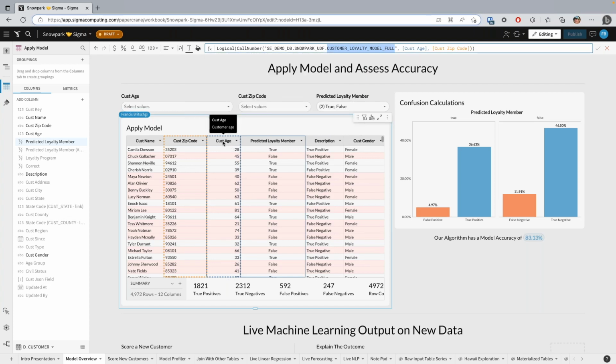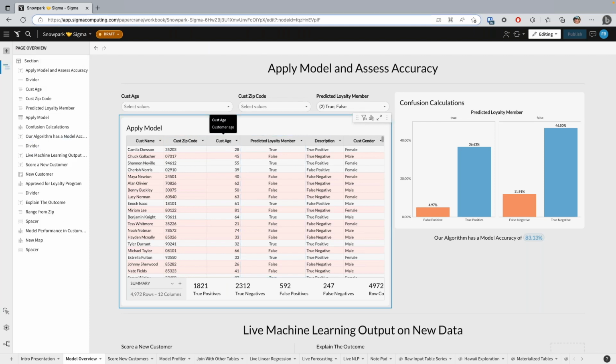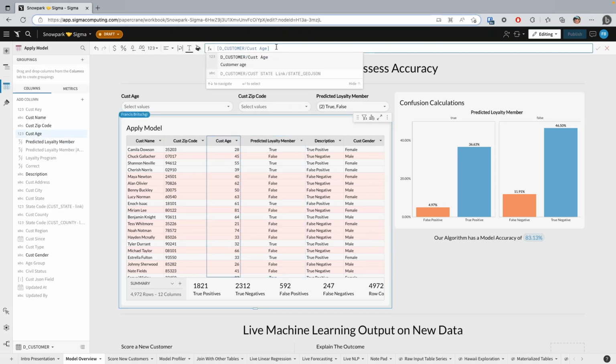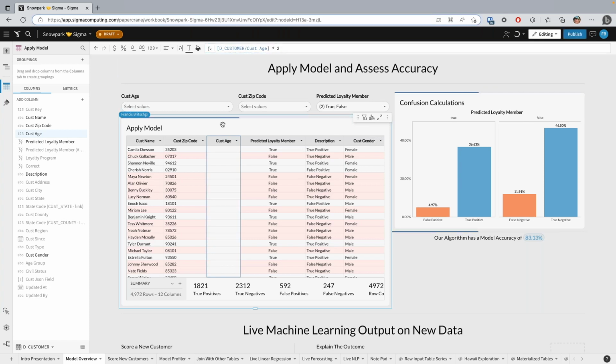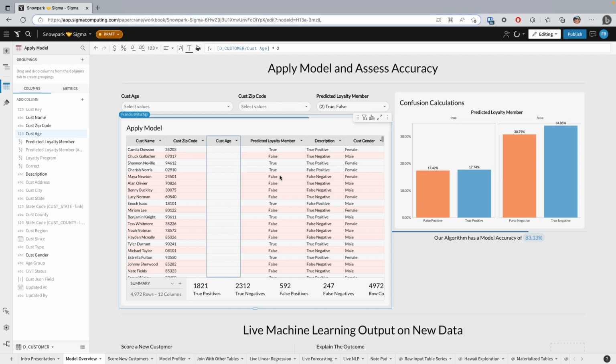And just to demonstrate that in the most playful way, on the customer age, I can just go ahead and double everyone's age and see how our model would treat a hyper-aged population. So we'll see that the customer age gets doubled, and that data gets sent back to the model behind the scenes, and we get a brand new output of predicted loyalty membership. So we're seeing our graphics calculate, and then we'll be able to see the table output as well to see exactly who is and isn't being approved.